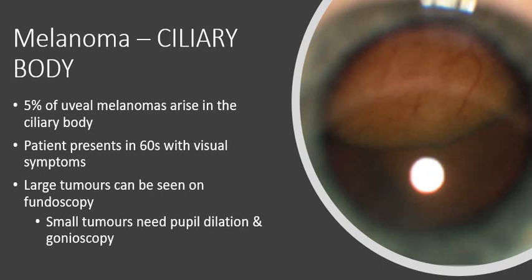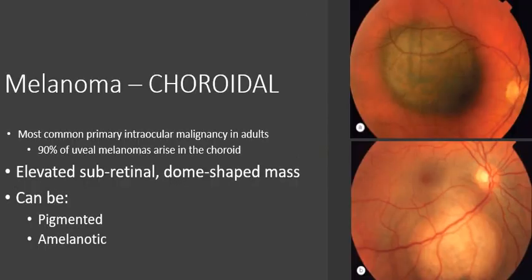Occasionally the melanoma can also be discovered on routine examination if the patient's just going in for an eye check with their eye specialist or optometrist or orthoptist. The melanomas shown here are choroidal, and these are the most common primary intraocular malignancy in adults. 90% of uveal melanomas will actually arise in the choroid, and about 5 per million people per year will develop